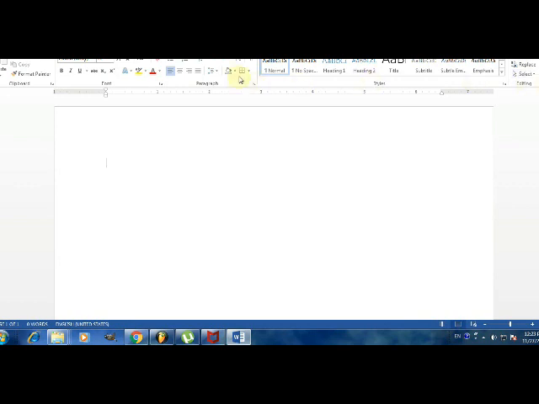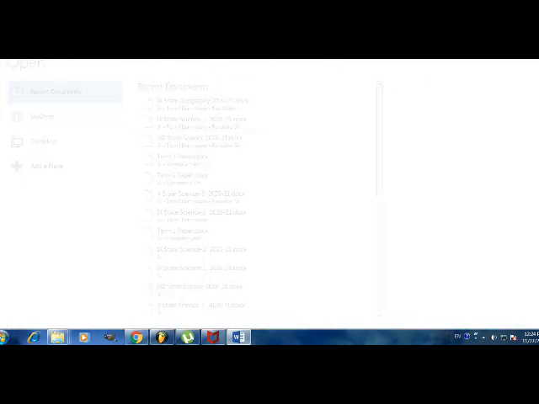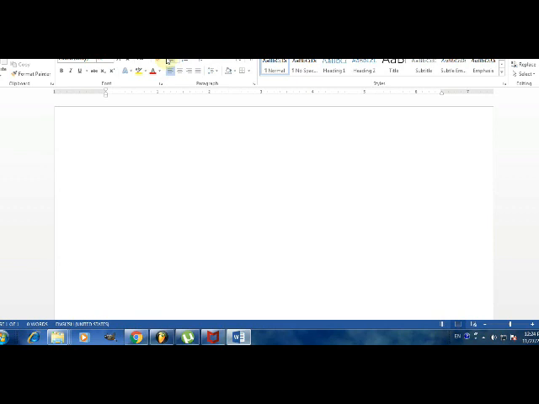Okay. The ribbon is made up of tabs, groups and commands. And different tabs are there. When you click on a particular tab, it will show the commands which are present inside the tab. Okay, so these are the different tabs. You can choose one of them according to your requirement, and you can call the command that you want.